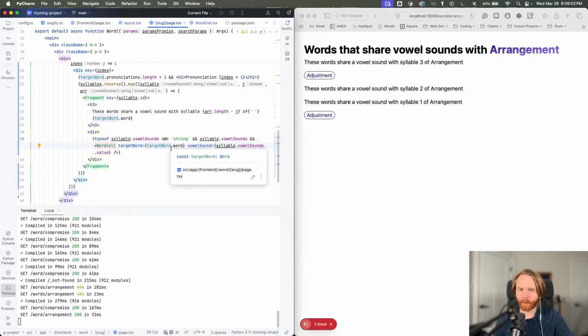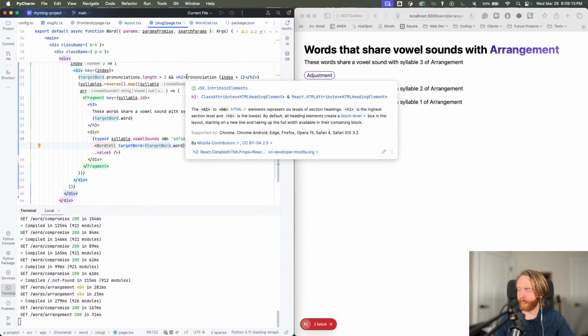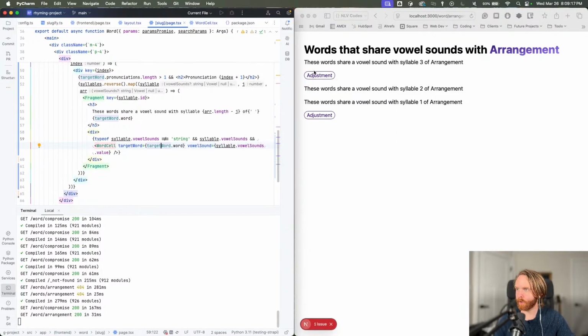So how this loops through is, we come here, we have our syllables, it's looping through syllable 3 first. It's going to drop in that syllable, that vowel sound, and it's going to return all of the words for that vowel sound. Now it reaches the bottom, it comes back up, and I don't know at the time here if there is a word in the syllable, so I think we just have to leave it as it is. But I can do